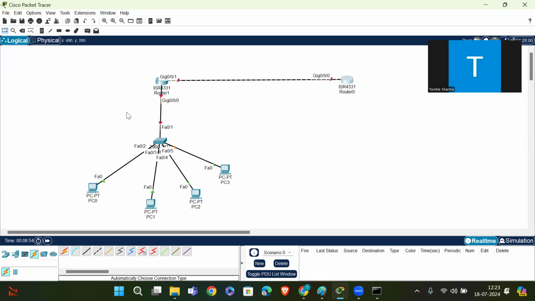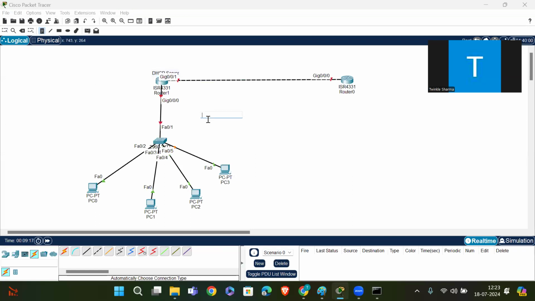So now what we are doing, we make this router a DHCP server. Okay. First we have to allot the IP address to our gateway. This is our gateway. What is the gateway? The gateway is the entry and exit point of our local area network.